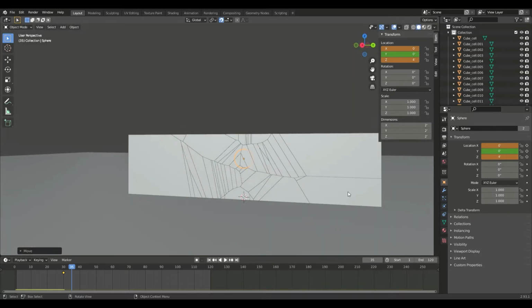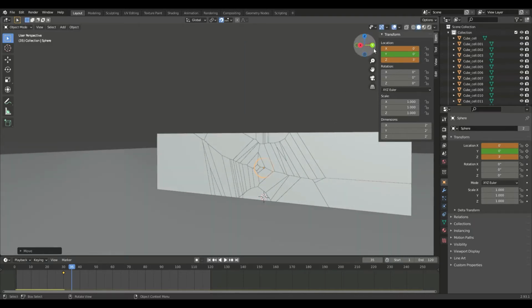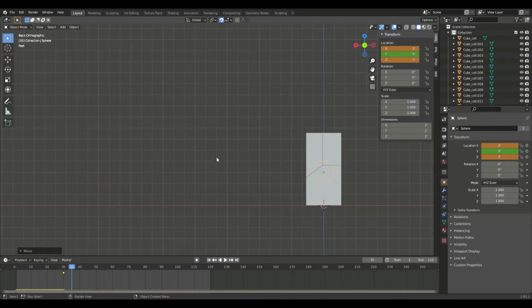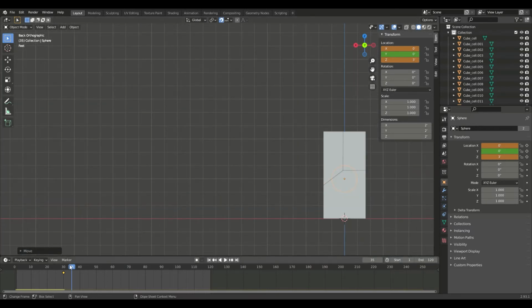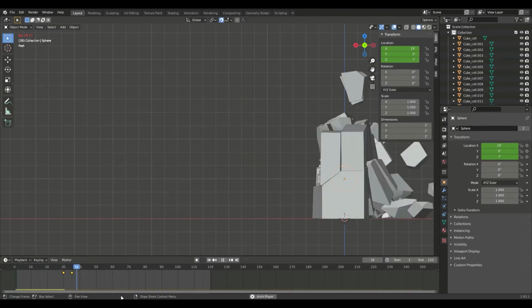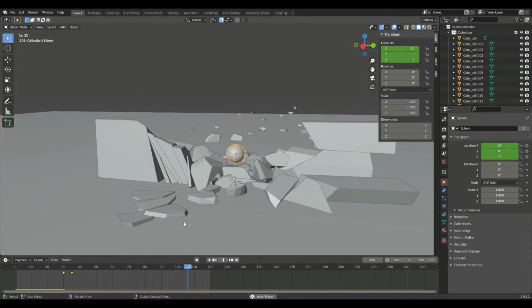Now, I want to move it down a little bit to about right there. So that's a good spot for now. Then you're going to go back over to this tab, this section, I don't know what it's called, and then you're going to press I again. So now the ball is animated. So between these frames, it will go between those 2 locations. So now, if we play it back, it's going to hit it and smash everything.